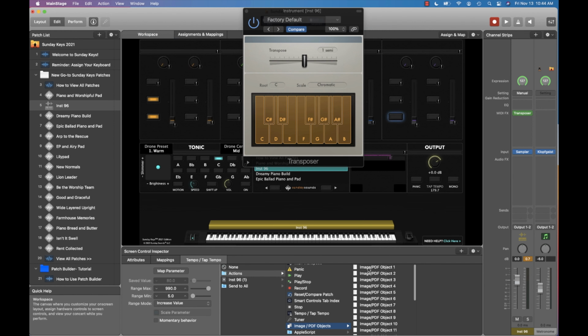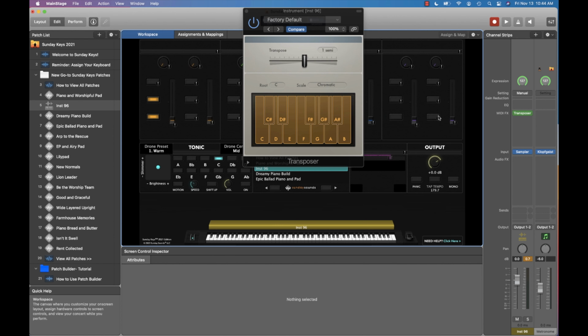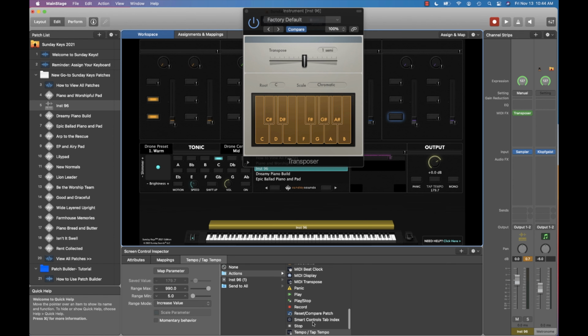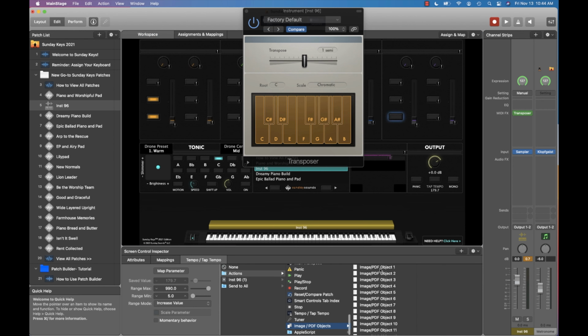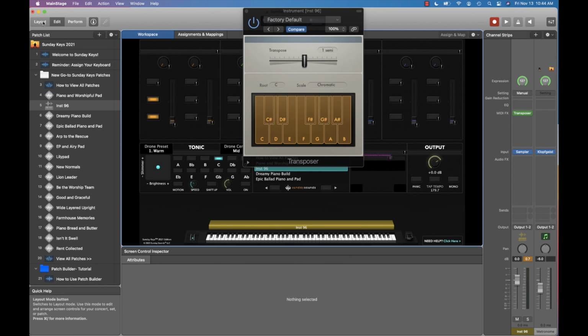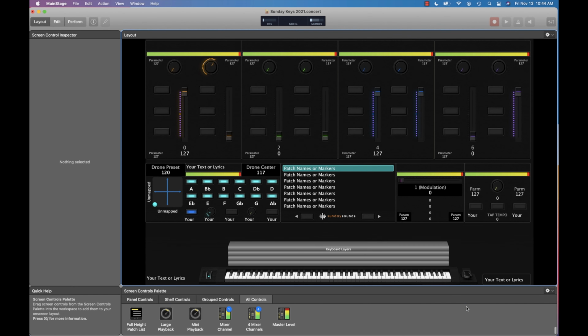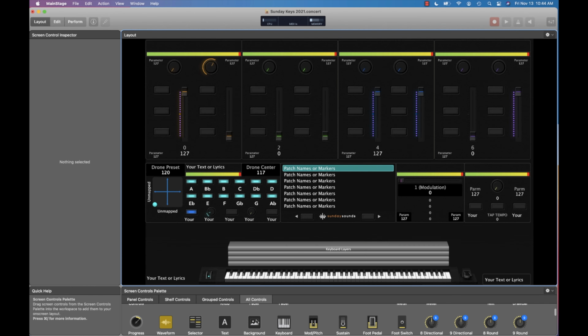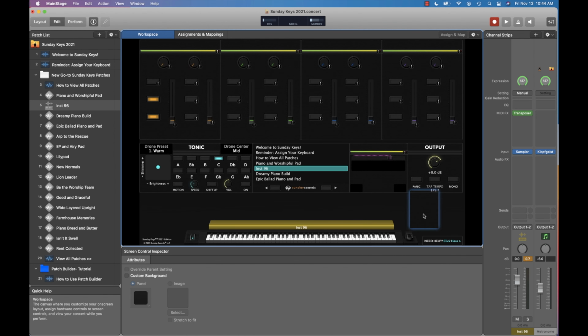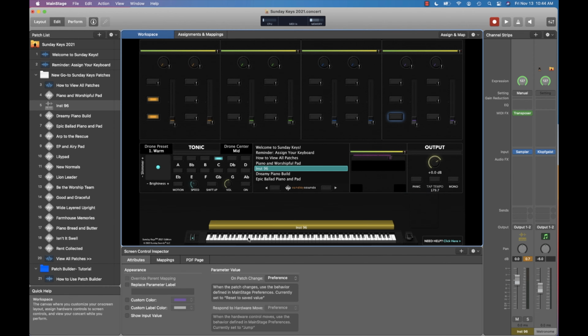Then here's this last really interesting thing that we've got as a new option for mappings, where you have this image PDF object option. Theoretically here, you can use backgrounds. You display an image here inside of a background, and then you can actually change up the way that image is displayed in a PDF here, which is pretty cool.